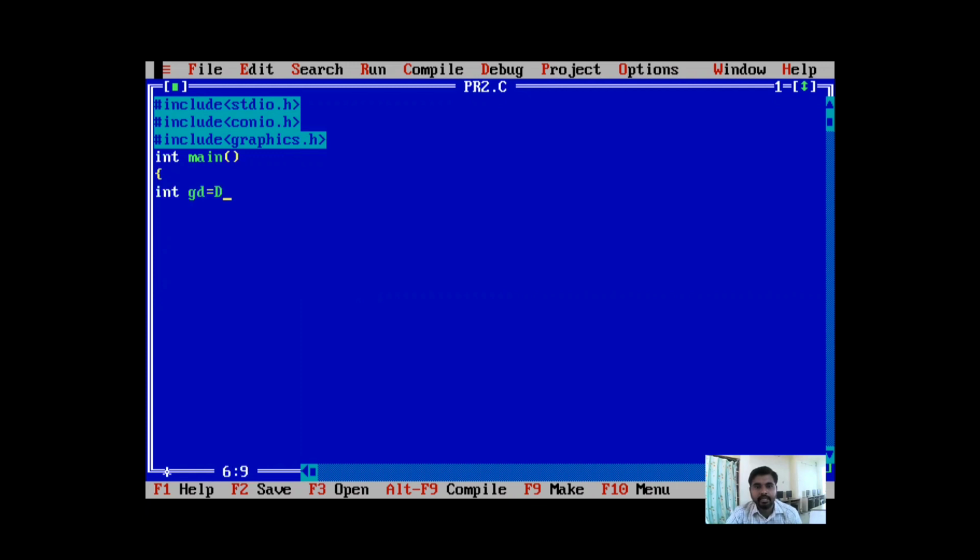Here I am declaring variables gd equal to DETECT, gm, color. Then initgraph with gd, and here I am providing the path for the BGI folder which is available in your Turbo C.